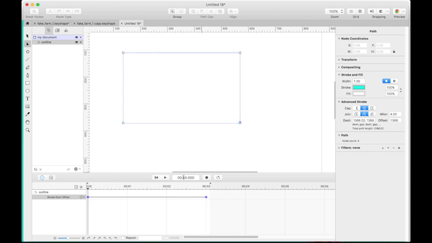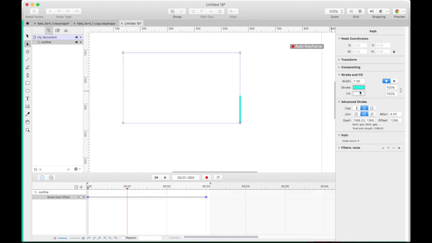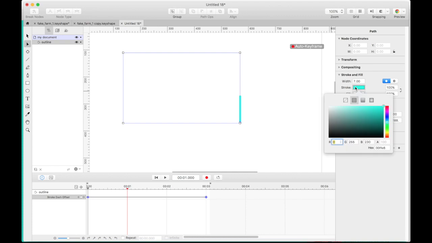So I'm going to hit reverse. I'm going to hit record. Right now you see that there's nothing here. And again, it doesn't matter when you start it because you can always adjust everything. So right now it's recording, and I'm going to change the stroke color to this color, this dark blue. So I'm going to hit the stroke and just fill that in and hit tab. So now it's dark blue, and you'll notice over here that stroke dash offset, which is the length of it, has not been changed. We've now added a second layer called stroke color.